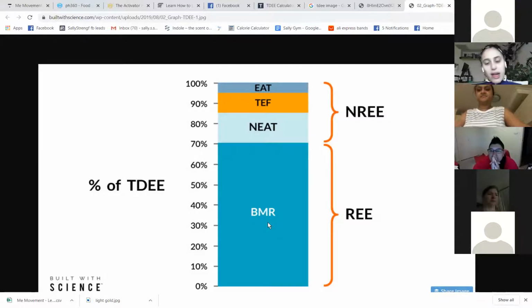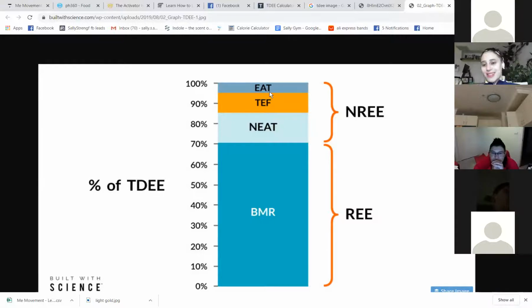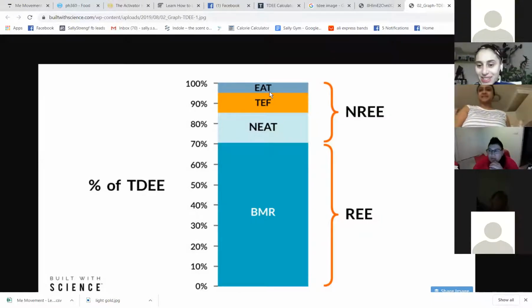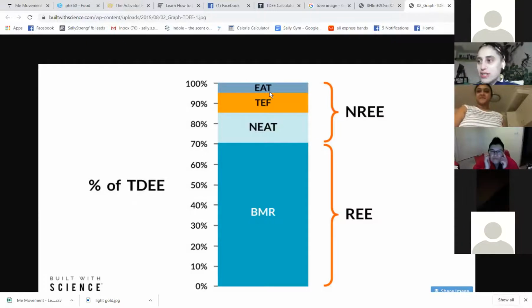Non-exercise activity is going to the coffee shop or fidgeting. The next bit is eating food like protein, and my body uses energy to break it up. And last but not least, the one that everybody thinks is the most important, is the exercise activity thermogenesis. Thermogenesis is just heat and energy. So if your body uses 70% to function, and it only uses like 10% for exercise,